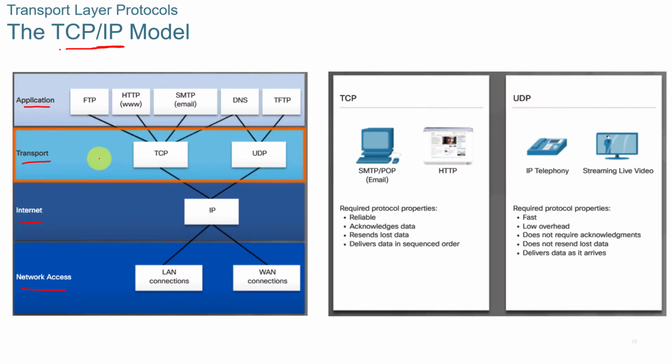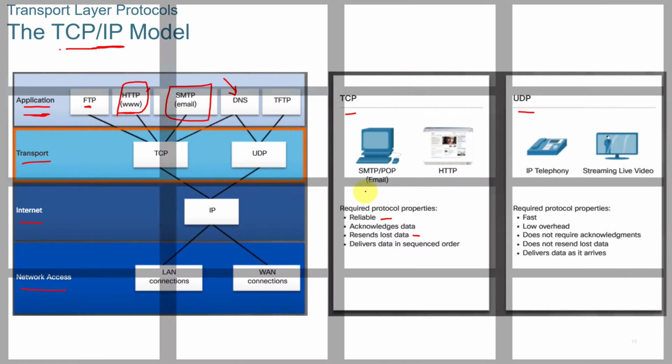Some of the terms that you need to know for the TCP/IP model, we'll take a look at that first. Your application layer is your programs, so you might have a web browser or an email client. The web browser might be using DNS services. And then at the transport layer, we're looking at TCP and UDP. TCP is reliable; it resends lost data. UDP does not, but we'll take a look at that in the next slide.